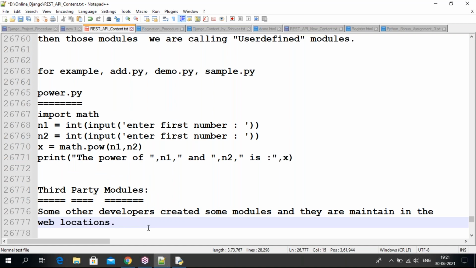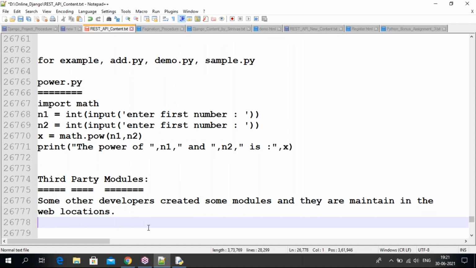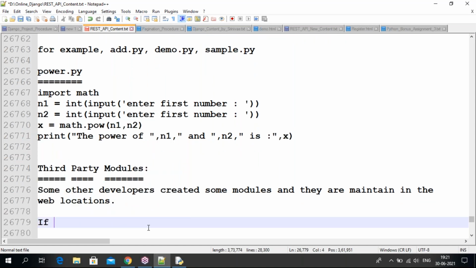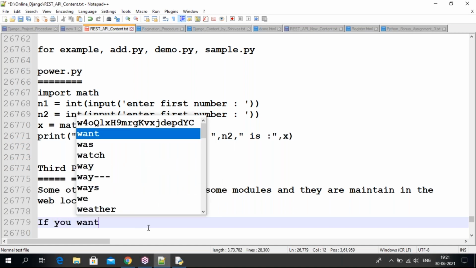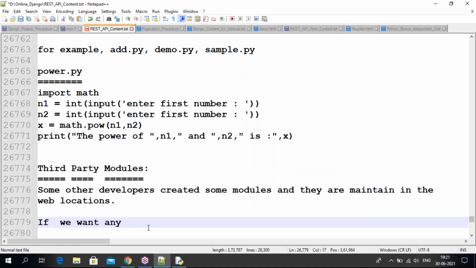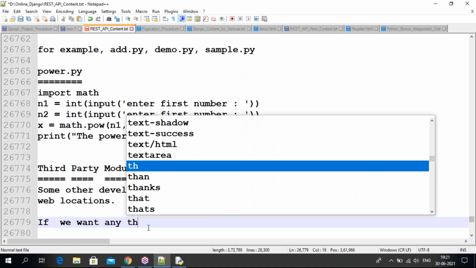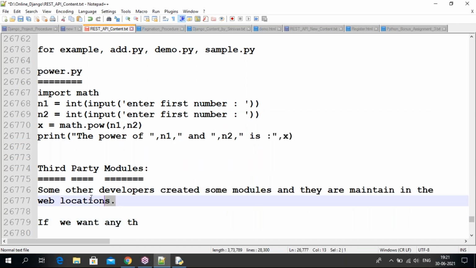So later, if we want any third party module, we can take it. These modules we call third party modules, guys.